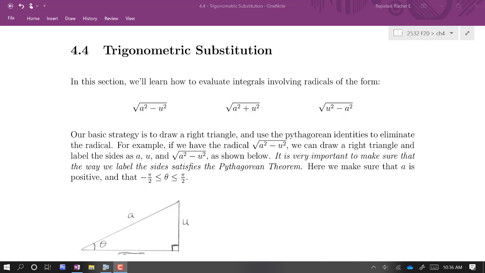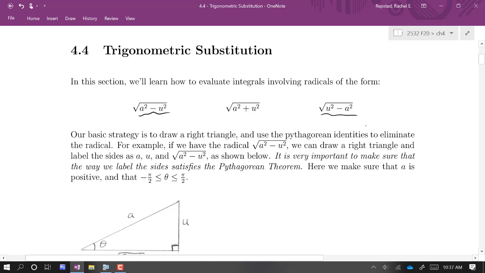All right, in this section, we're going to learn how to use trigonometric substitution to integrate functions. We're going to be working with functions that are algebraic in nature, right? They're going to involve, in particular, one of these radicals. As always, u is a function and a is a constant. The order of subtraction is important, right? If you compare the first one and the last one, they lead us to slightly different